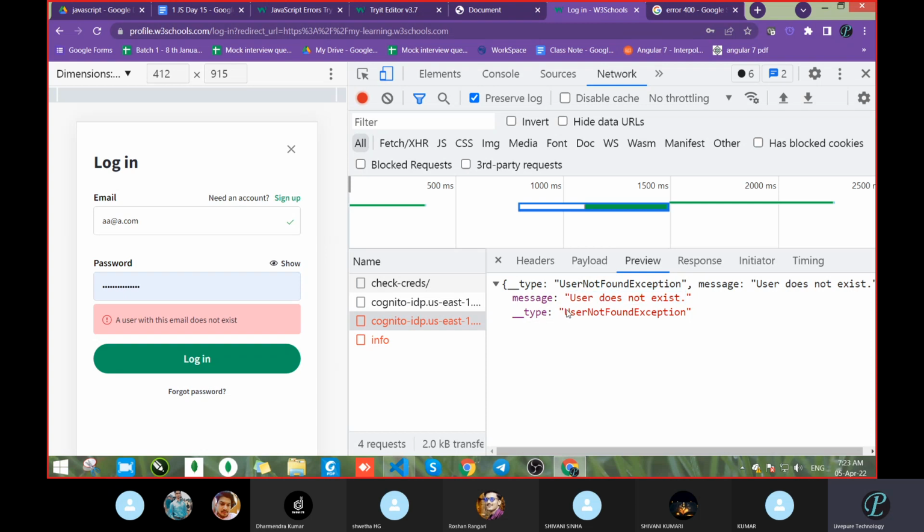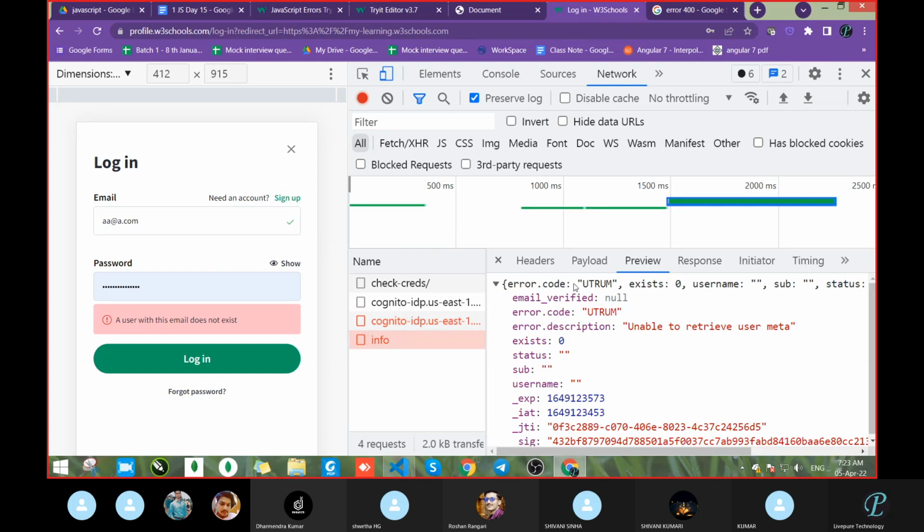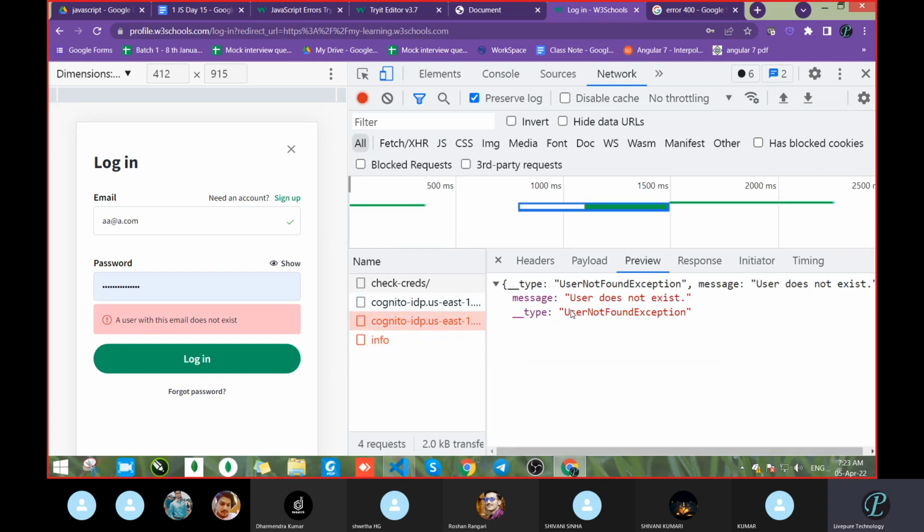And what is the type? User not found exception. So when data is not there, it will validate and give you some error.